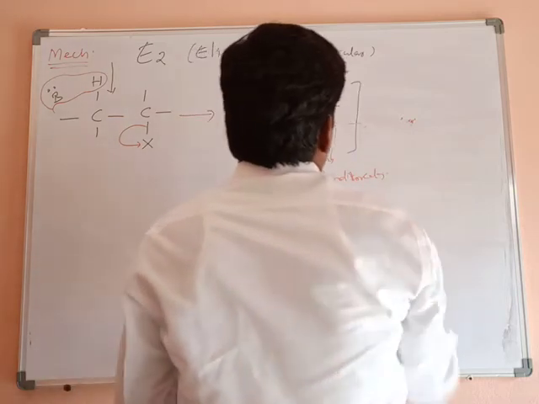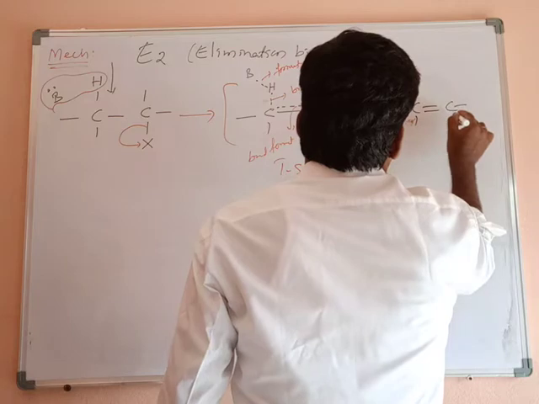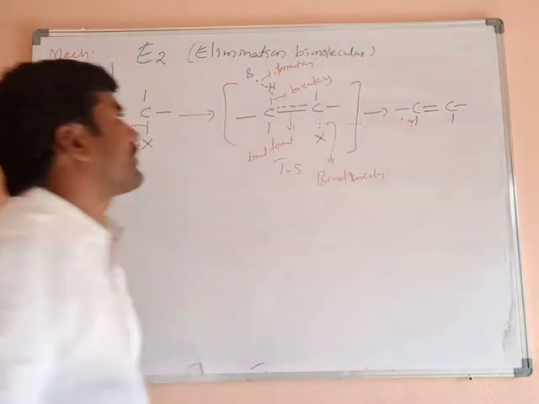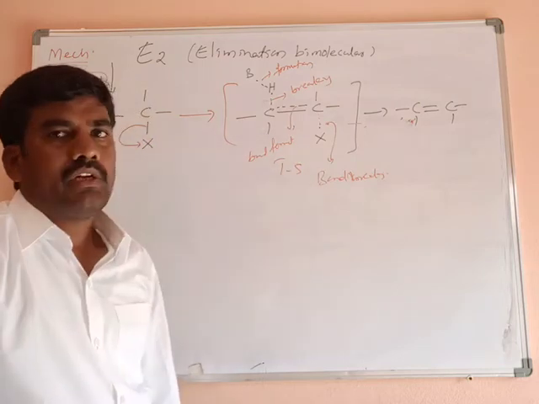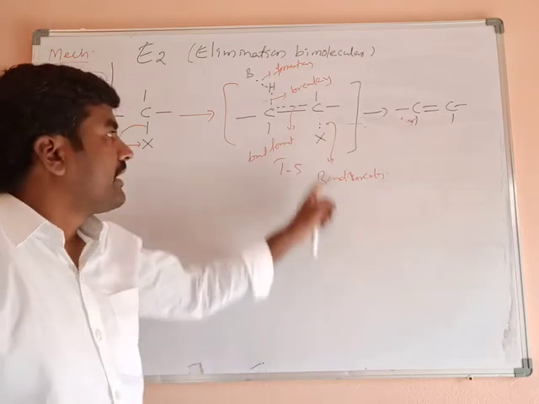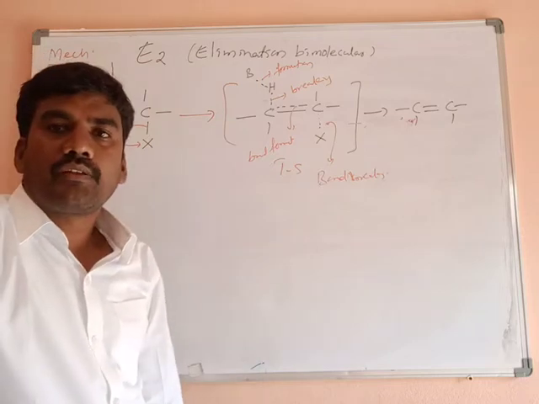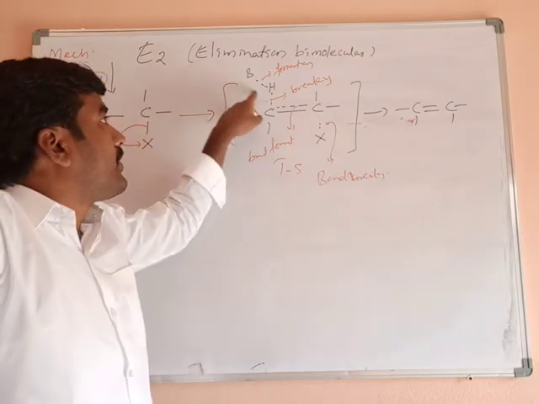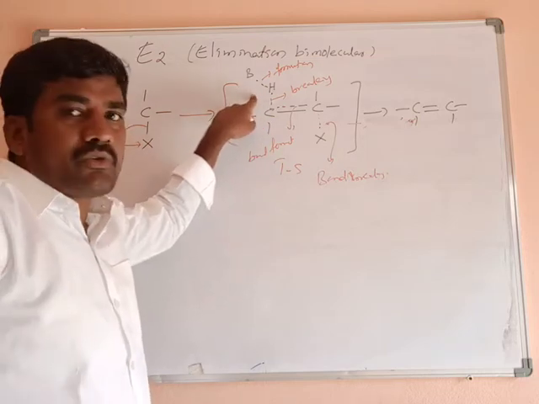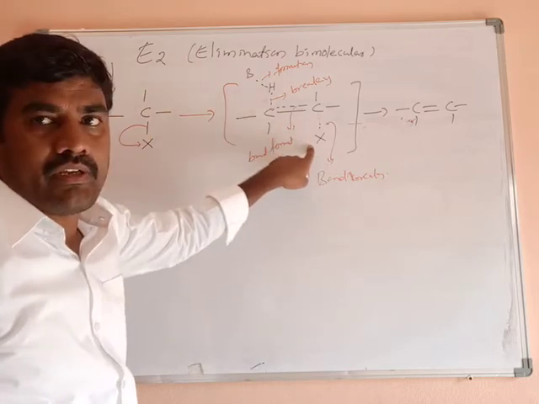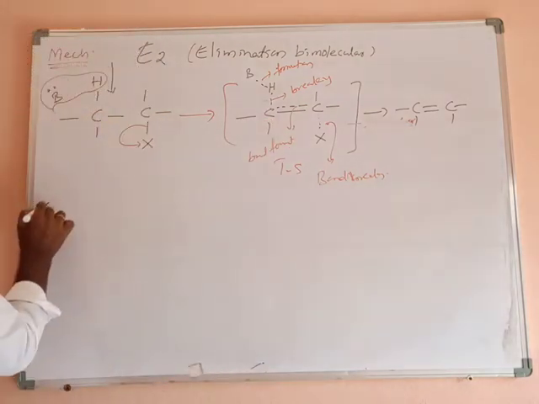Finally, we will get a product, alkene, including the by-products also. Okay, this is the mechanism. In this mechanism, the transition state is there. In the transition state, these bonds, the carbon-halogen bond and the carbon-hydrogen bond, are both going to break. Partial bonds are in the transition state, and there is new bond formation between the base and hydrogen. The base can approach a beta hydrogen atom, and halogen atom cleavage takes place, and finally we will get the alkene here. Clear?